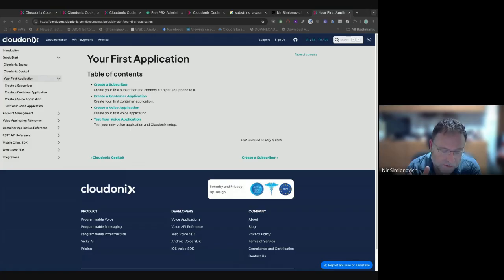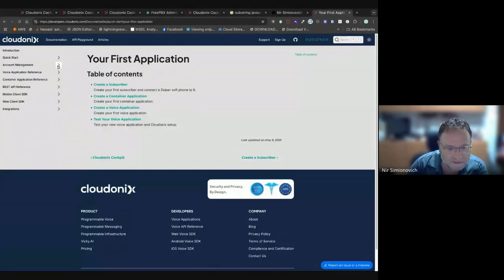Some scenarios are easier to document, some are incredibly complex. For example, the attended transfer that we just did is relatively complex to explain, because the closest thing I have here, for example, for a document, is this voice application.